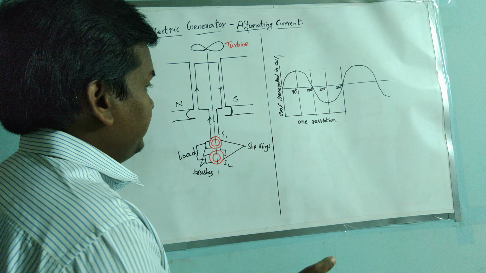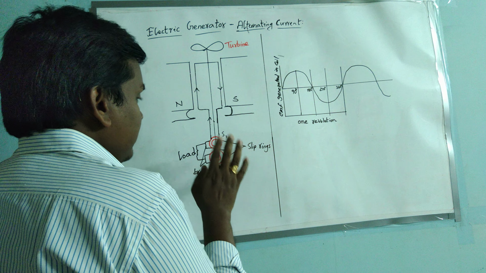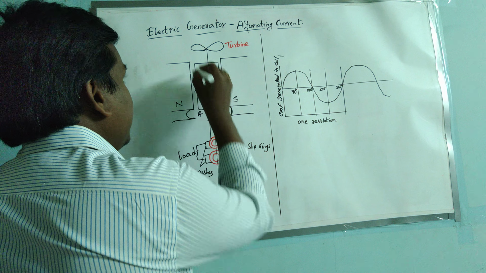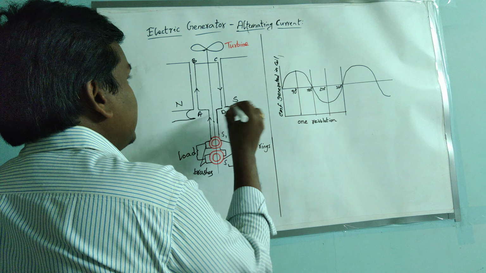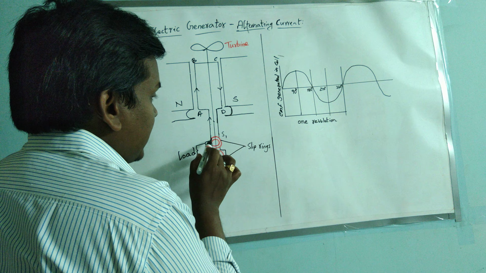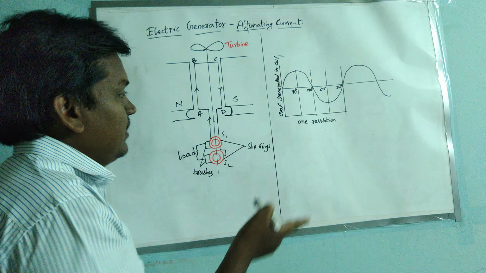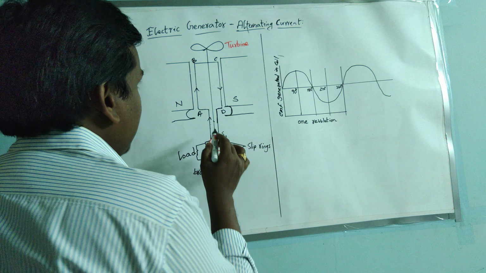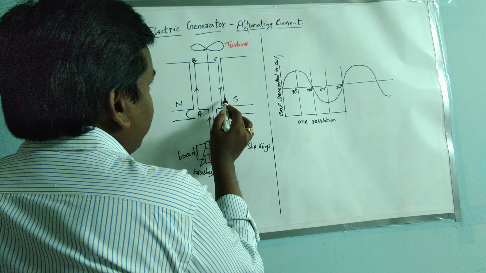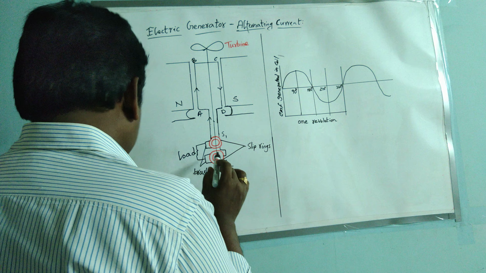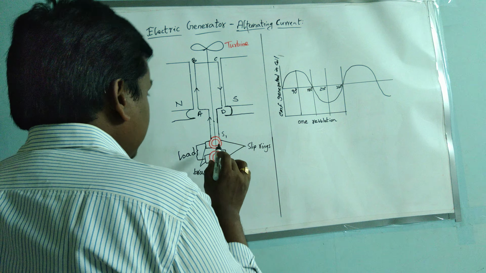of current changes. The reason is, first for an instant you consider that you name it as ABCD here for the armature. A, B, C, D. First AB is connected to S1 and CD is connected to S2. After the half revolution or half rotation, what happens is, AB will turn to this side and CD will come to this side, and this side will connect to this. Along with this, the slip rings also will rotate.